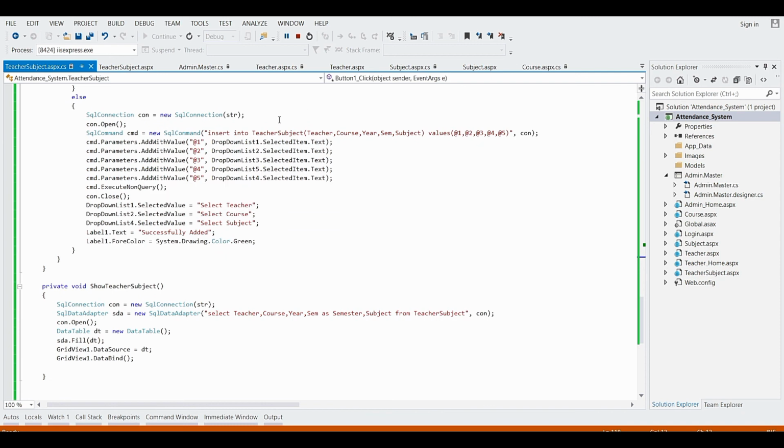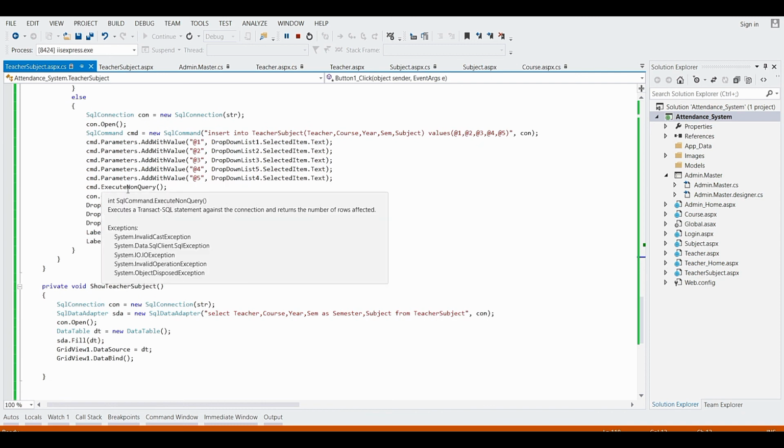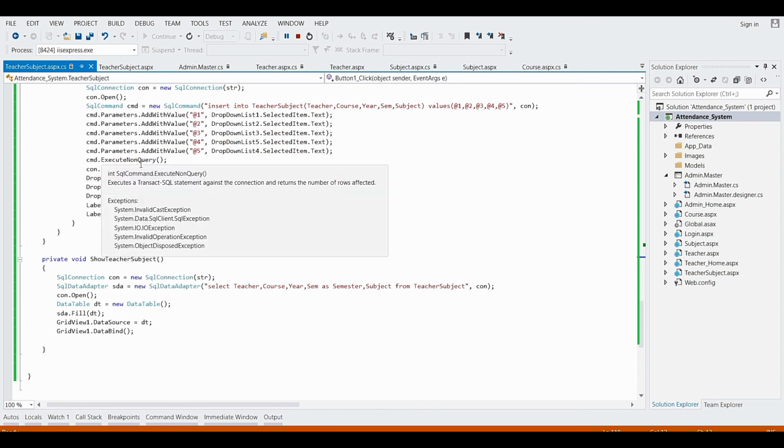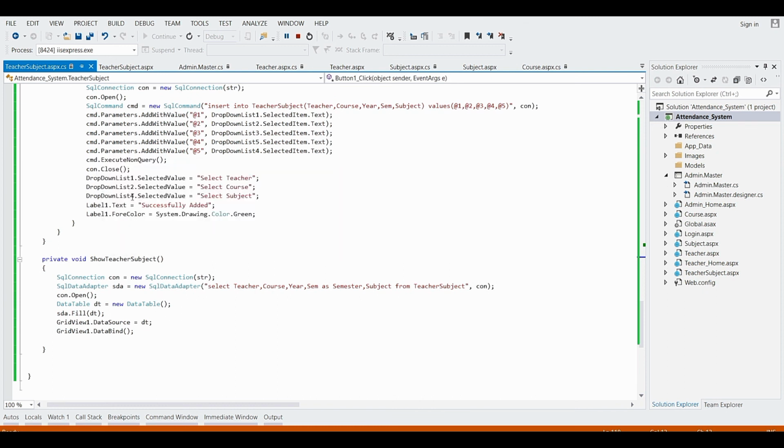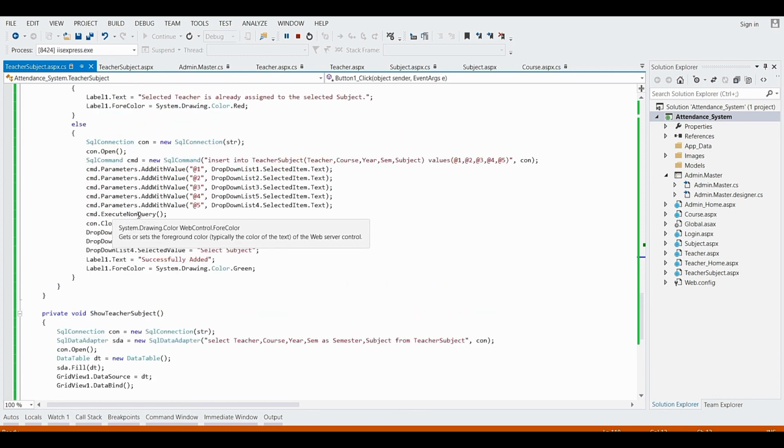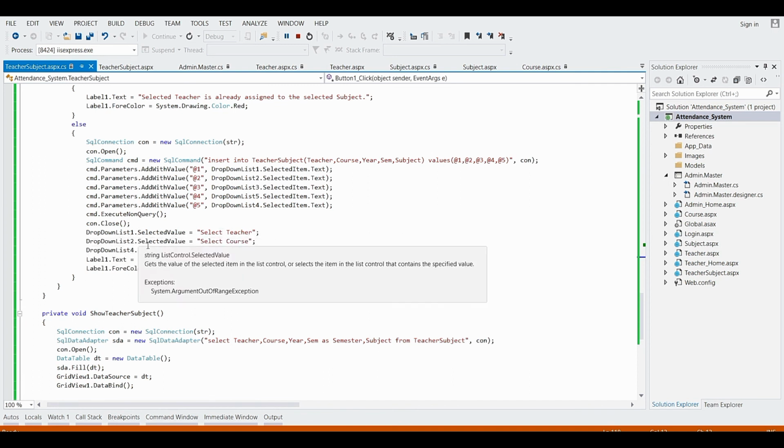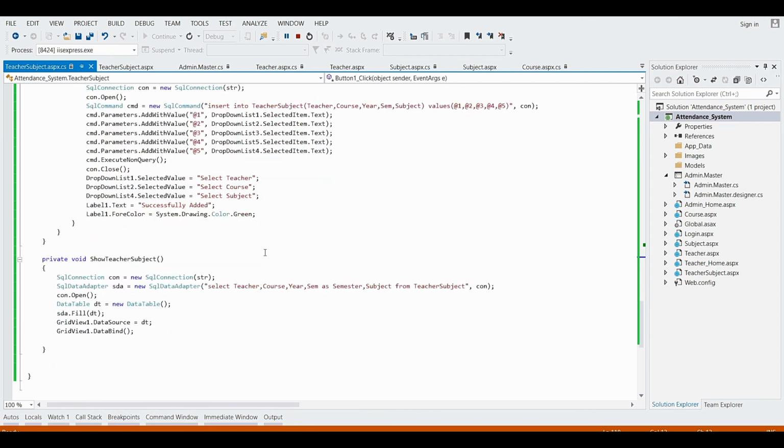For executing this query, we have to use the ExecuteNonQuery function. After executing that query, we have to close the connection. Now after that, we have to set the selected value for the drop down lists: select teacher, select course, and select subject drop down lists.